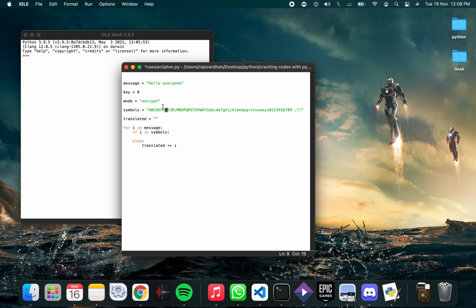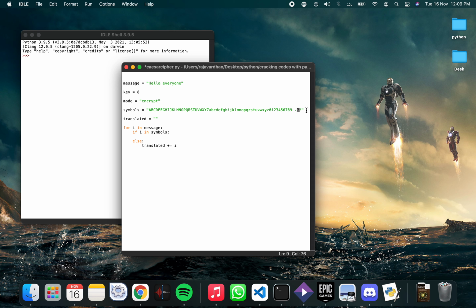What if I have to encrypt the question mark here? I will add plus 8 to it, right? And it will be out of the index values, out of the string index length. If it is greater than the length of the symbols, I will do a wraparound.